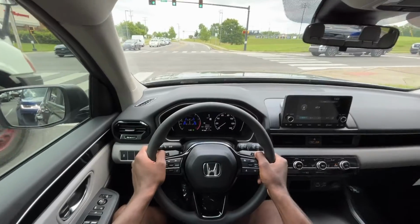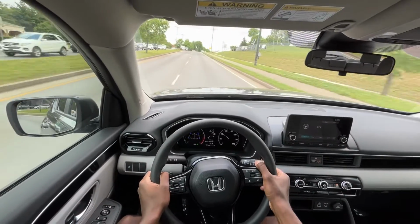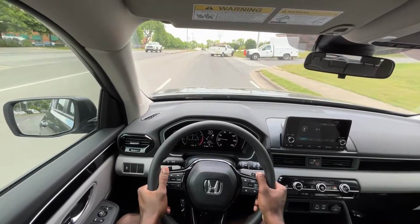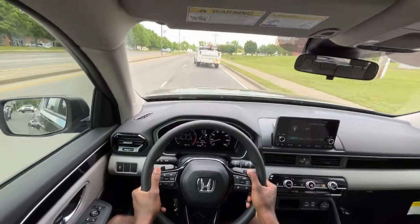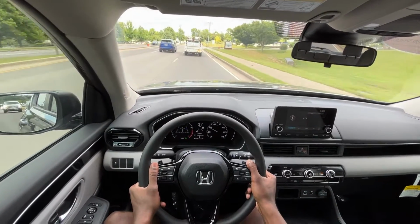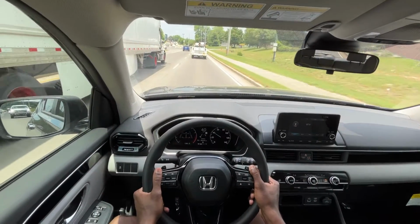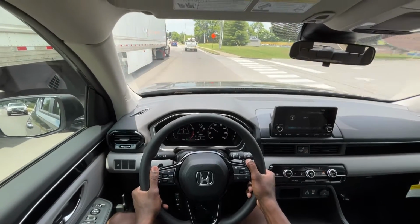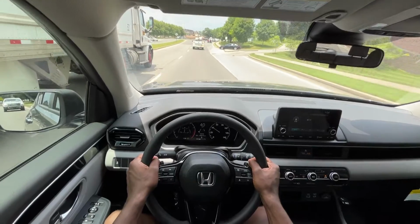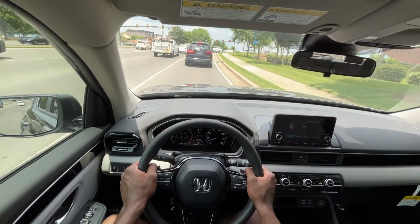I'm gonna do a launch here. So again, you really feel the power of this SUV when it is in sport mode. You get the full effect of that. And the paddle shifters just make it that much more fun as well. And even in sport mode, it's still not overly loud. What you get coming from the engine, the exhaust, everything's just normal for this kind of vehicle, which I appreciate. And the throttle, the gas pedal, brake pedal, everything feels normal, feels nice,